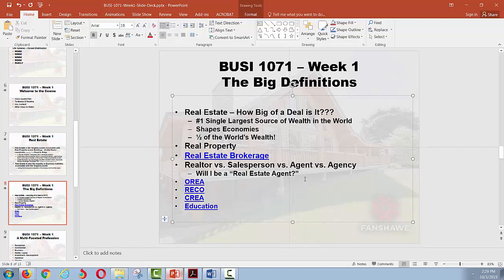More people in the States can do that. It's just not a proper term. And to refer to yourself as a realtor, you shouldn't be doing that either unless you're a member of CREA. So we are looking at a career as real estate salespeople or real estate sales representatives. All right. So we're really getting these definitions down in the first week here just to make sure we have a good understanding.